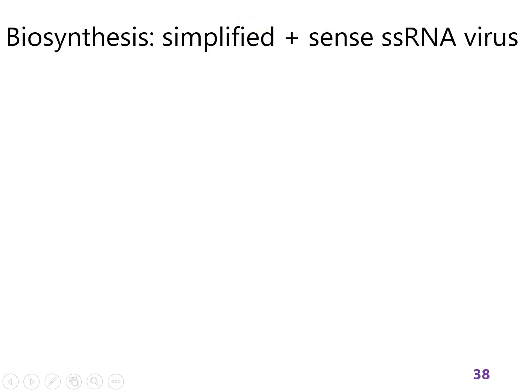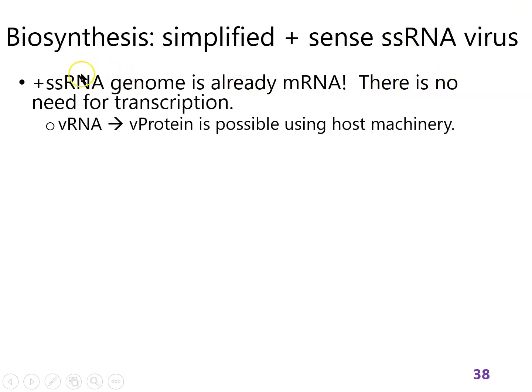The next one I want you to think about is a positive or coding sense single-stranded RNA virus. So the virion contains a positive sense RNA. And that positive-sense RNA is messenger RNA. There's no need to transcribe it. Nothing has to happen. As long as it has the signals on it for initiating translation, and as long as it's got a 5' cap and things like that, it'll be translated